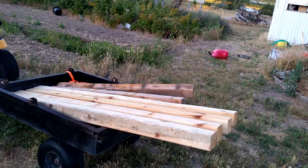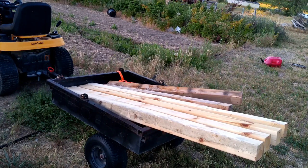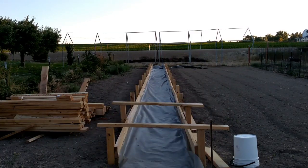Oh, did I mention that Barton has already brought home more pallets, and he said he's got enough for a second raised bed, full length. Imagine that. So this is as far as we've gotten on the raised bed, and that's 2 boards high. We're talking about doing a 3rd board later, but it kind of sounds like we're going to have trouble getting the compost